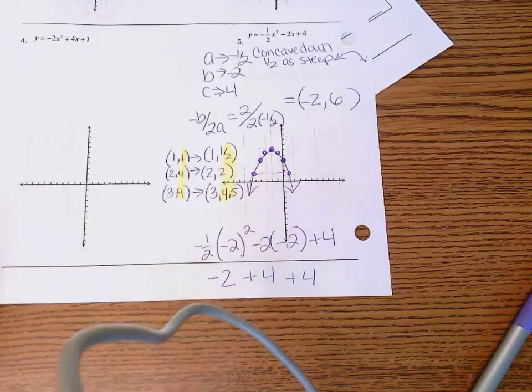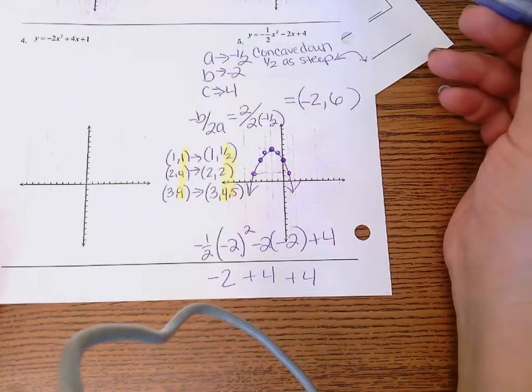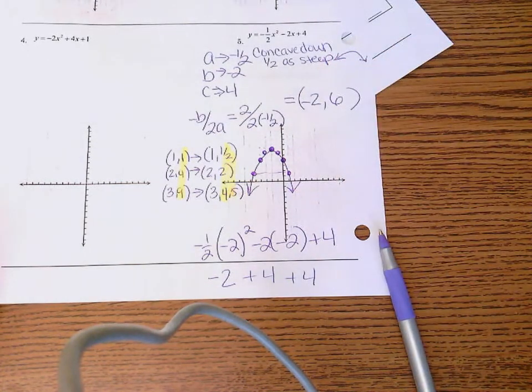So that's a lot of work for one problem, right? When we look at vertex form tomorrow, you're going to be like, whoa, vertex form is so much easier. Standard form has a lot of math and calculation and formula to get a graph. So maybe that'll help you appreciate your vertex form next time. So I'd like you to take a minute and try 3 and 4, and I'll walk around and see what questions